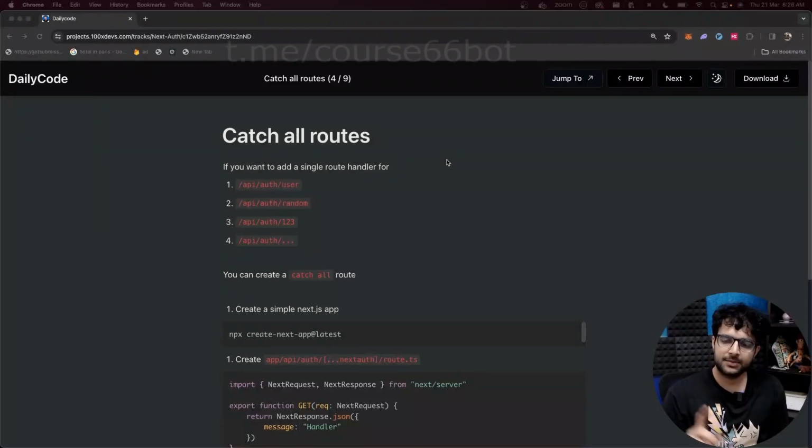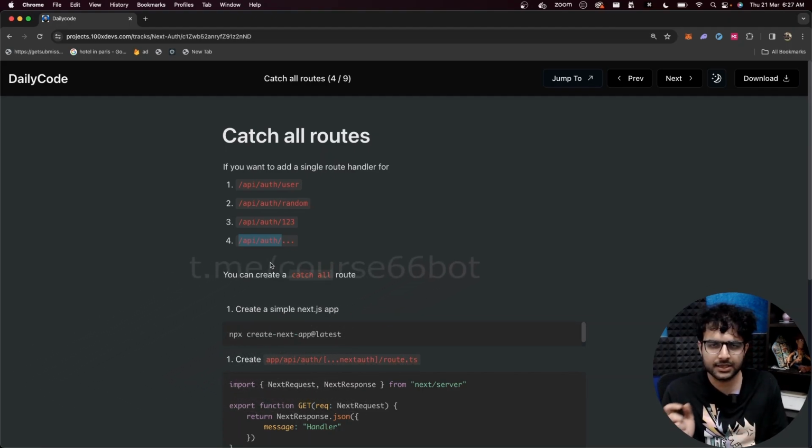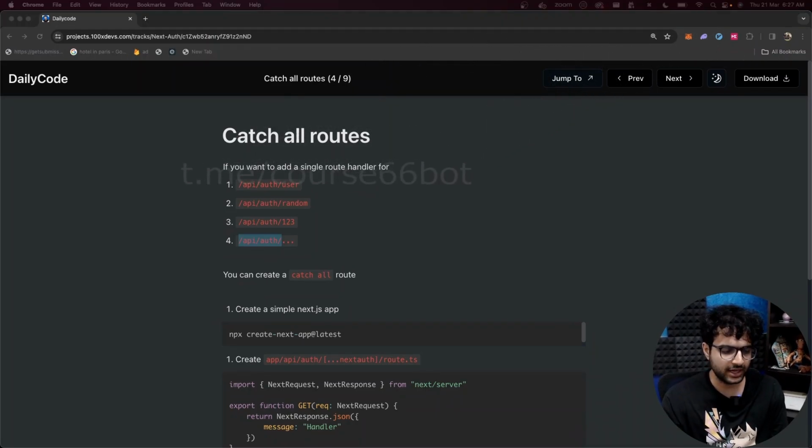All right. Next up, let's understand catch-all routes. They'll probably call it dynamic routes as well. Basically, if you're building a Next.js application and you want to catch all the requests that are going out to, let's say, /API/auth/user, /API/auth/random, /API/auth/123, so on and so forth. Basically, any request that starts from /API/auth. How would you write this code? We discussed this a little bit during our Next.js class, but let me do a refresher and explain this one more time. Let's go step by step and try to create a simple